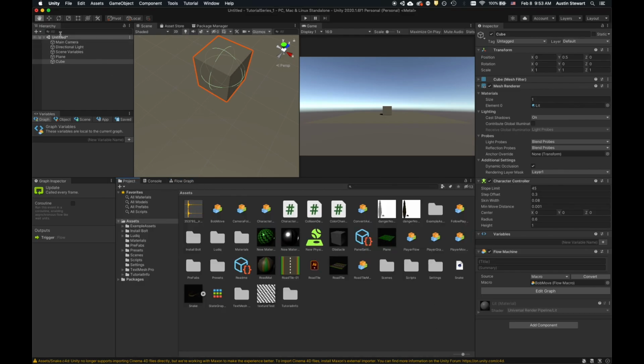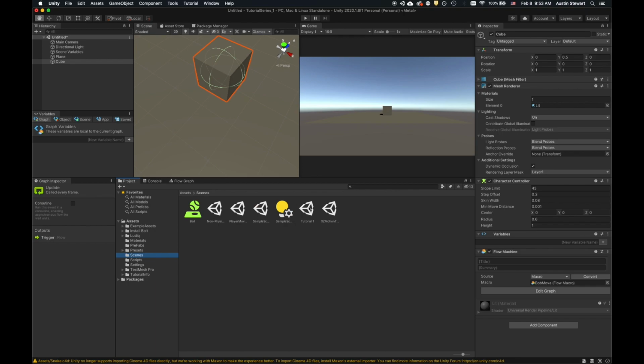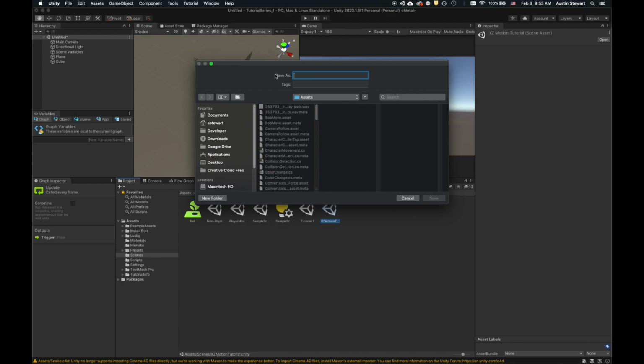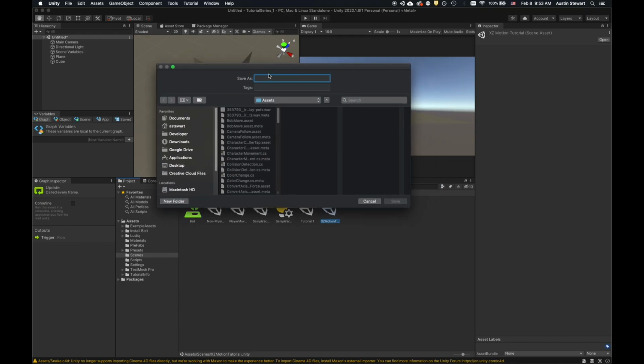section in it. And so if we go to one of our previous scenes, I'm going to go to my scenes folder, and this XZ motion tutorial is the one that I did that work in. So I'm going to double click. I'm going to save this. Oh yes, I should save my scene. I'm going to call this Bob moves is what I'm going to call this scene. You should call it either non-physics based motion or character controller motion, which would be a really great thing